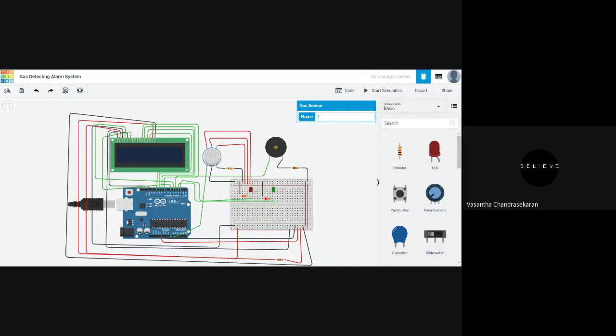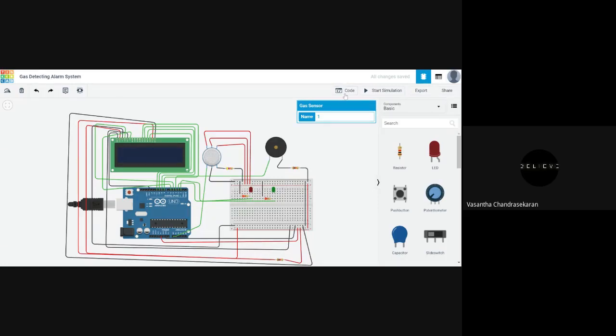Whenever a sensor is placed in a combustible gases environment, the gases will react with the absorbed oxygen, and it will result in the release of free electrons inside the sensing material. Hence, there will be a flow of current, and the resistance of the material inside your sensor changes, and that is why it produces a potential difference. Whenever the concentration of the gas increases, we see an increase in output voltage. That is basically used as a detecting factor here. I've connected a buzzer, and an LED is also used for the indication.